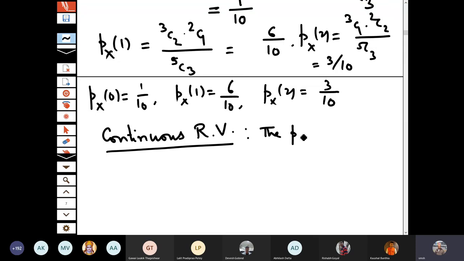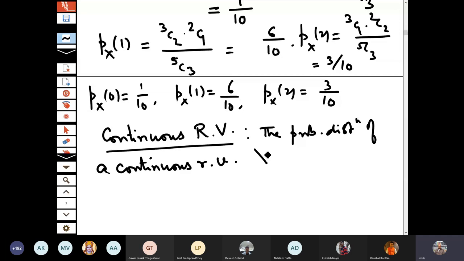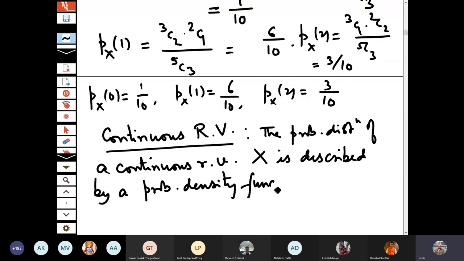The probability distribution of a continuous random variable x is described by a probability, and I am changing the name, it is called probability density function. Okay, and it's satisfying